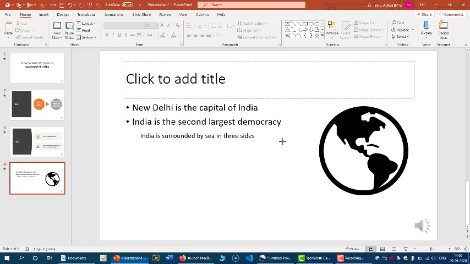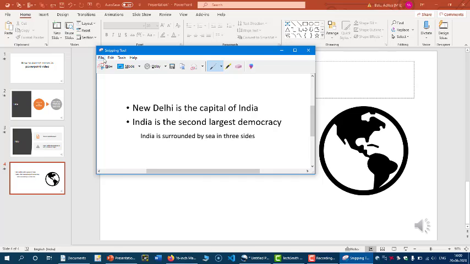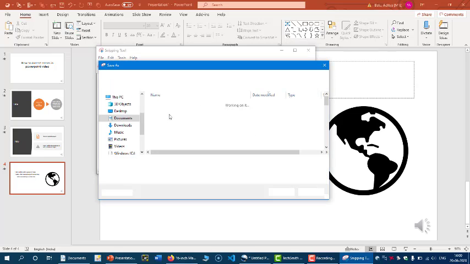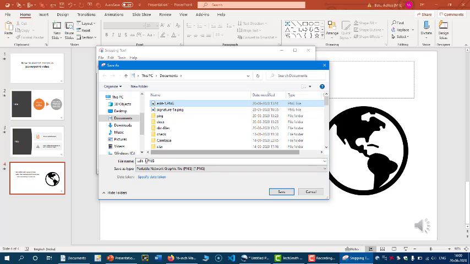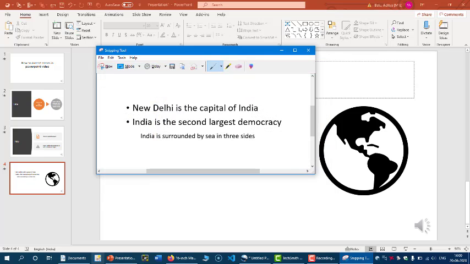So I copy this and it is now copied. So save as the PNG file. This time I will give the name edit2, and I save this file. Then I go to the